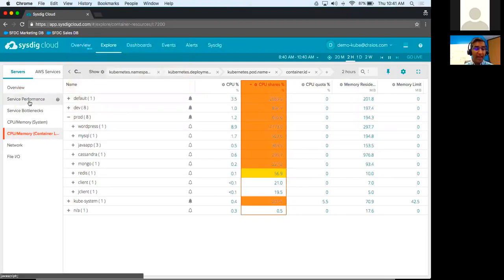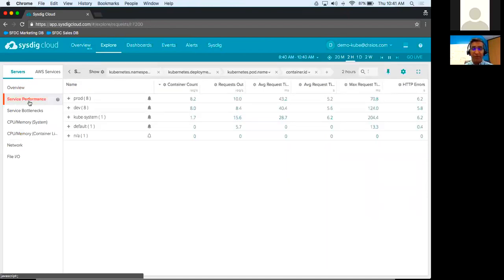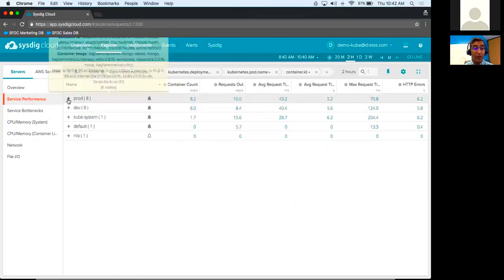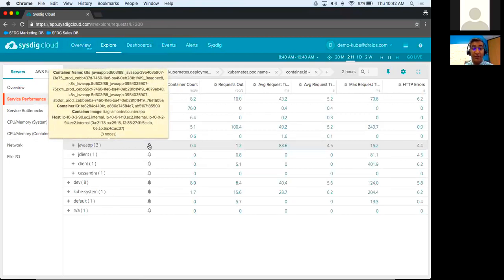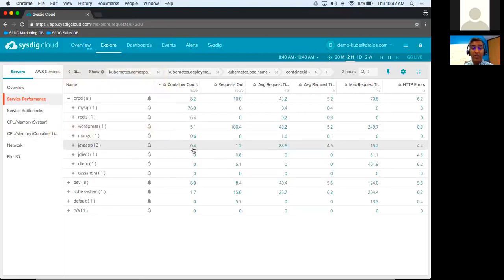A new one we've added, truth be told, this is my first time looking at this new one, is actually a service-oriented view. So I could drill down on prod and get basics for this service overall no matter how many containers it's running across. So you see a container count, and this is averaged over time, which is why this is a half a container. You're looking at requests, average request time, and max request time. Again, a quick and easy way to assess how is my service performing? Is it really doing what I expect it to do as an aggregate service and not as an individual container?